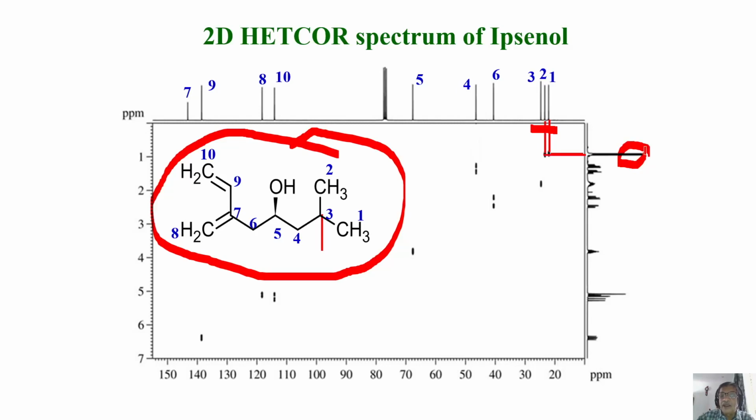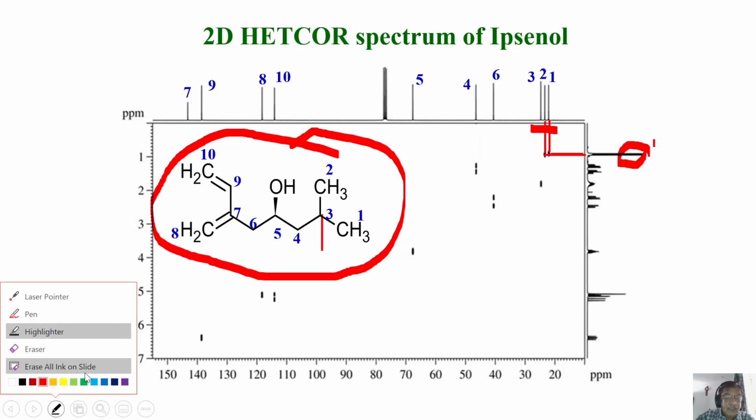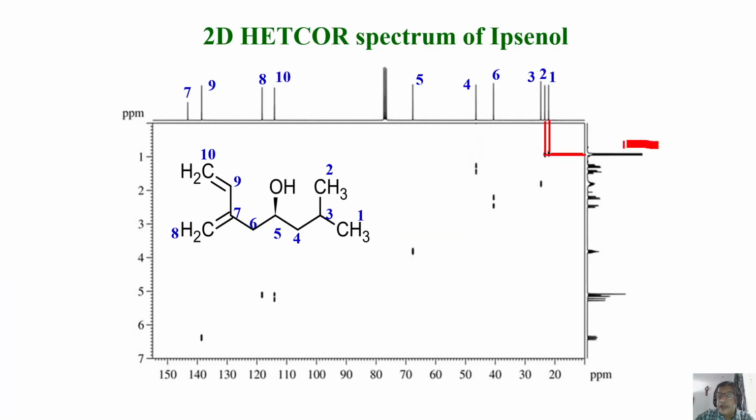Now this one. A very interesting thing you should appreciate here is that in this region, believe me, there are two proton peaks hidden, which may be difficult for you to distinguish here because they are very closely resonating peaks. But on the other hand, you see these two peaks are well resolved in the carbon dimension. That is the beauty. You can measure the carbon chemical shift very precisely, and from the center of this peak you go across and precisely get the proton chemical shift. That's the biggest advantage of this.